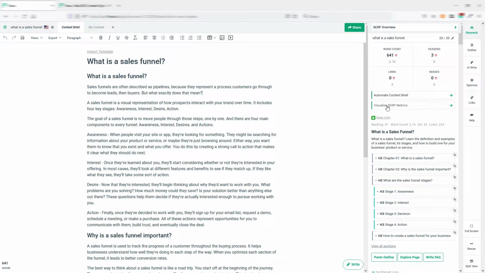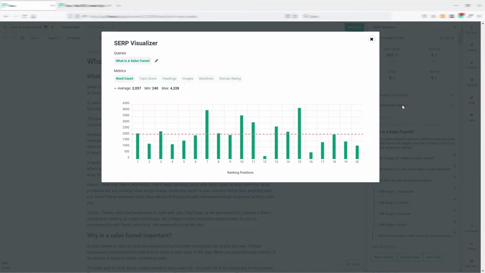So if I click here on Visualize SERP metrics, I can see some very interesting data, because I can analyze this SERP and this query in some different ways. For example, for word count, I can see the average word count of my competitors in a visual way, so very easy to understand. I can see that the number one in ranking is 2120 words. For example, it's not the longest one, as you can see, because in this case the longest one is at 15th position. So this is very helpful because every SERP is different,